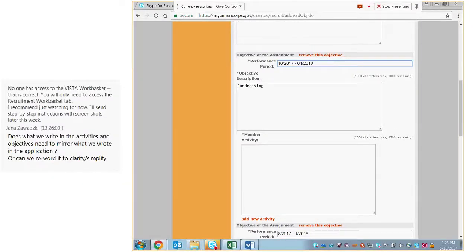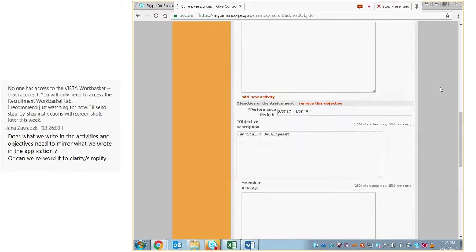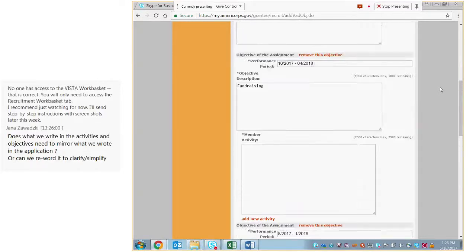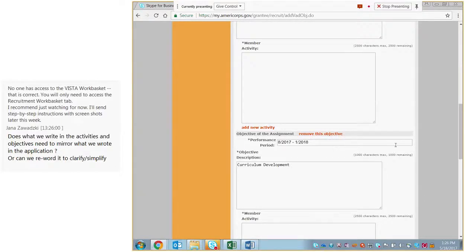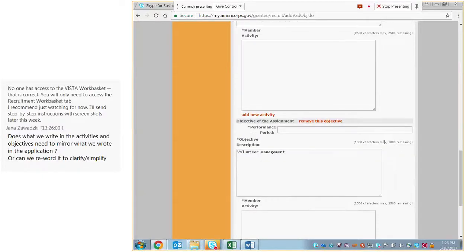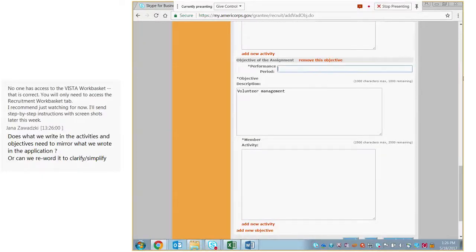And then lastly, because the member had finished the curriculum by January of 2018, the member will start recruiting and working on volunteer functions in January of 2018. So we'll put January 2018 in this performance period to the end of their service term.